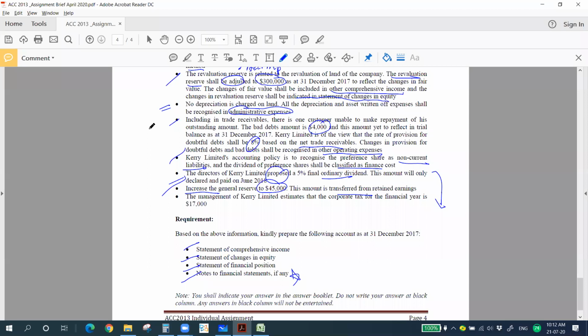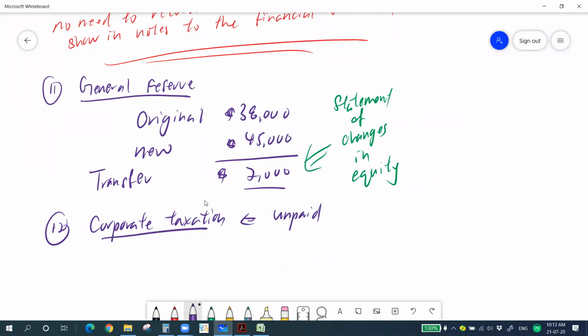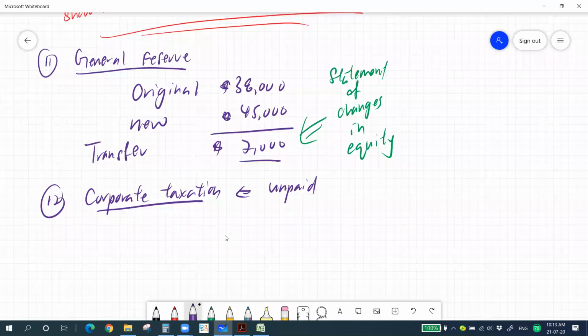Last one. The management of Kelly Limited estimated the corporate taxation for the financial year is 17,000. All right. So corporate taxation, because your corporate taxation is unpaid, right? So you just need to provide the double entry. Your double entry will be